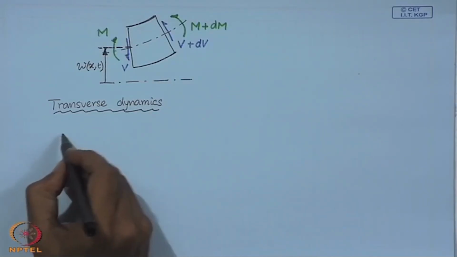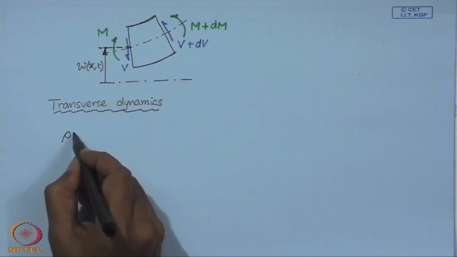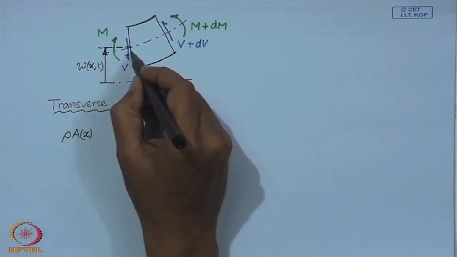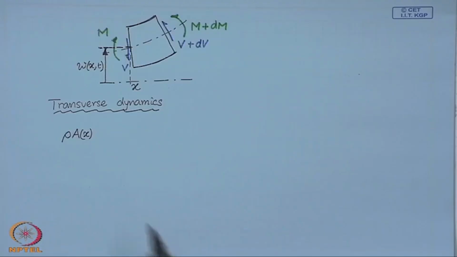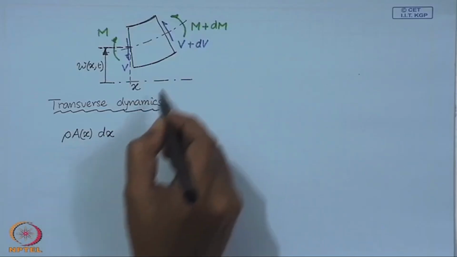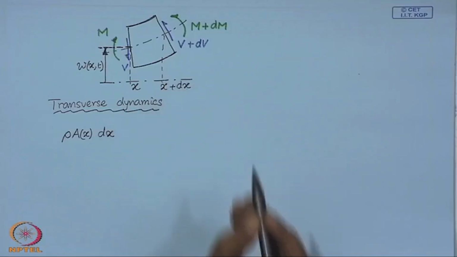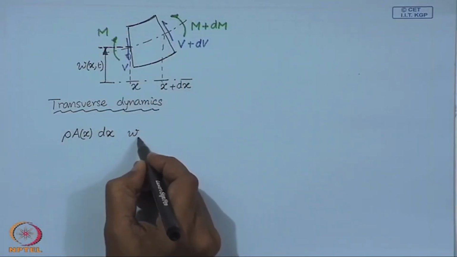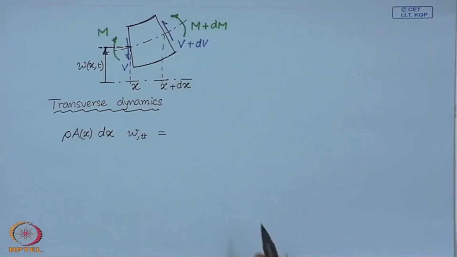Now, from Newton's second law, if rho is the density of the material and if A is the cross sectional area at this location x, then rho times A is the mass per unit length. So, into dx, which is the length of this element, then this is the mass of this little element times its transverse acceleration must be equal to